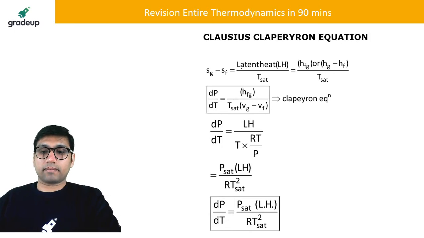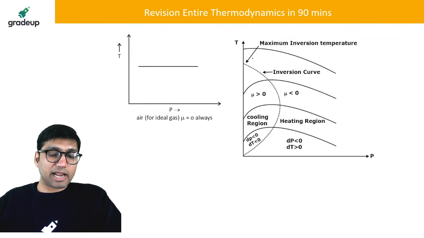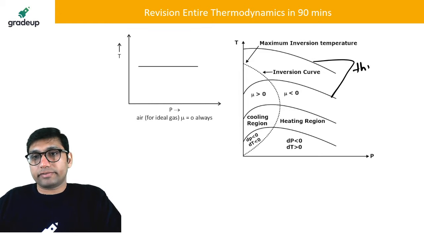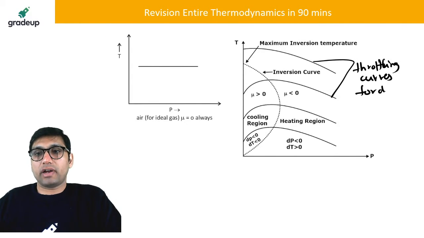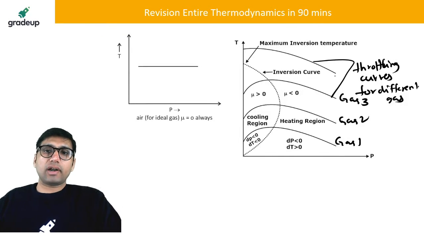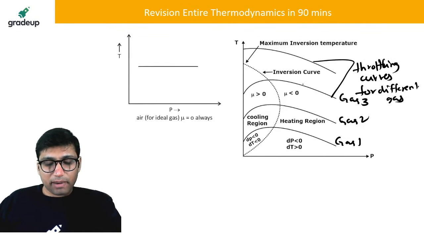See, this is a graph of the Joule-Thomson experiment. These are the different throttling curves for different gases. So this is, let us say, gas 1, this is gas 2, this is gas 3, different types of gases. And what he observed when he was doing the throttling experiment,